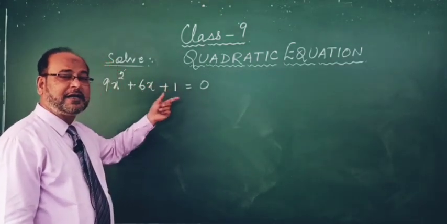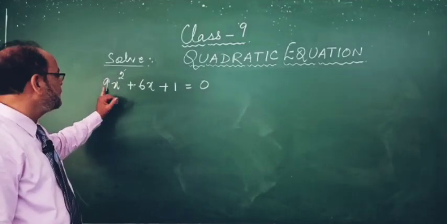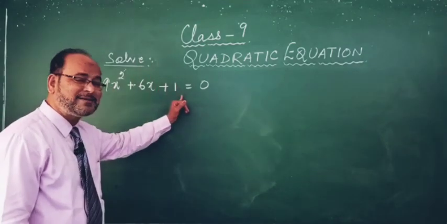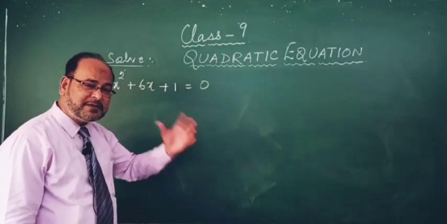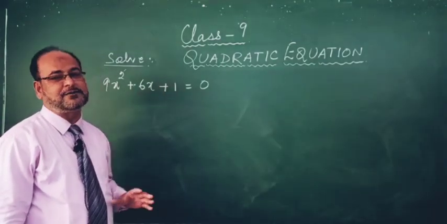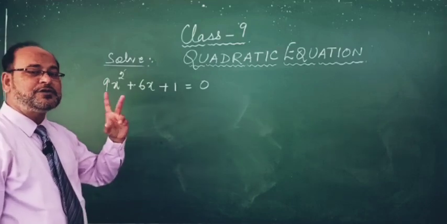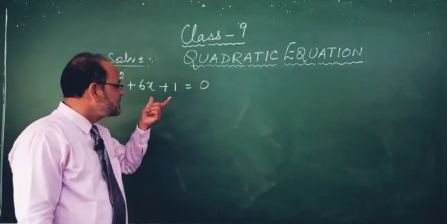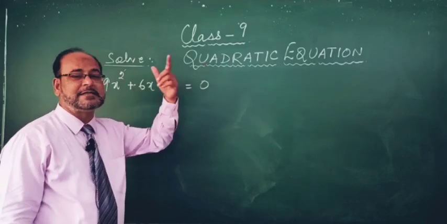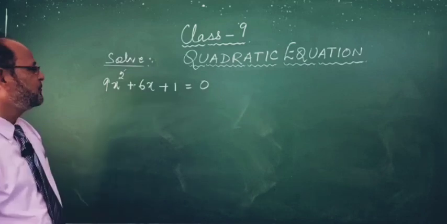Now get it very clear. If any coefficient of x square is given, your job is to first multiply that coefficient into the given constant number, and whatever the product is, you will find two factors of that number. Here in this case, 9 ones are 9. Now you will find two such factors of 9 whose sum is 6 and product is 9. So it's very simple. 3 threes are 9, and 3 and 3 will give you 6.